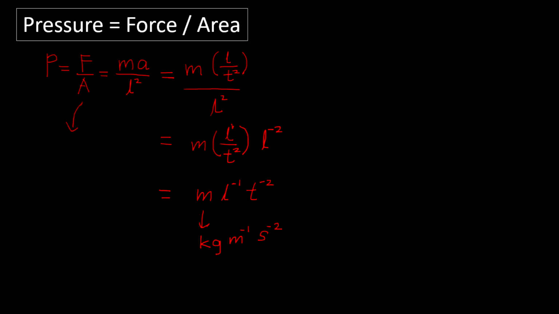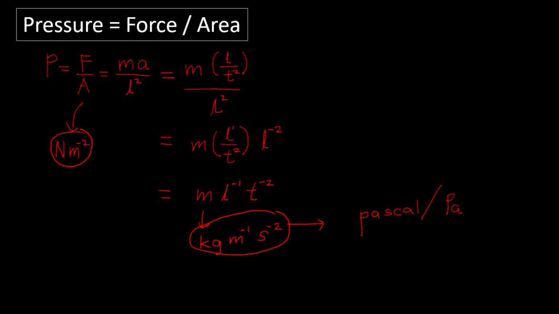So force is in Newton, area is meter square, so bring up the meter^-2. So which means 1 Newton per meter square is the same as 1 kg m^-1 s^-2. Both correct. This unit is also the same as Pascal. So this is new Pascal. Normally we use symbol Pa for Pascal. So which means 1 Pascal is the same as 1 kg m^-1 s^-2 or 1 Newton